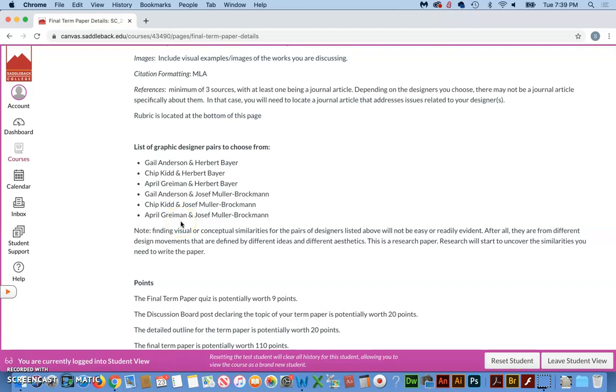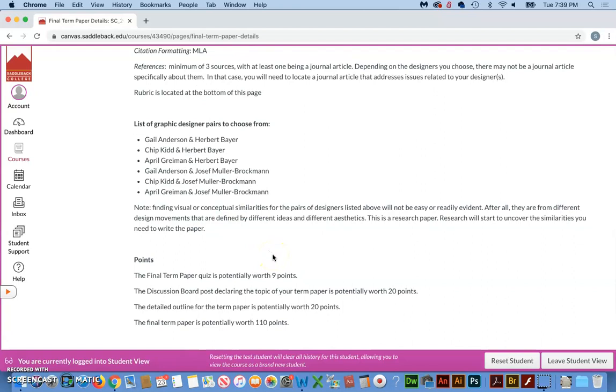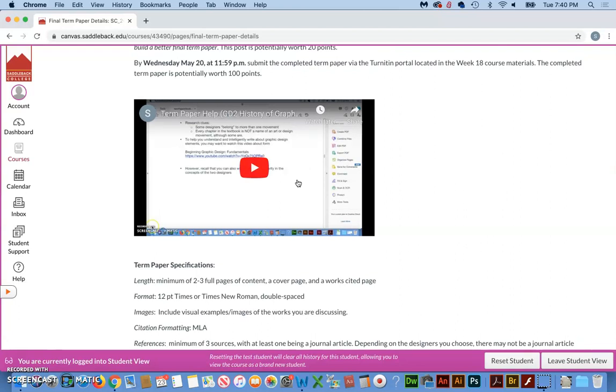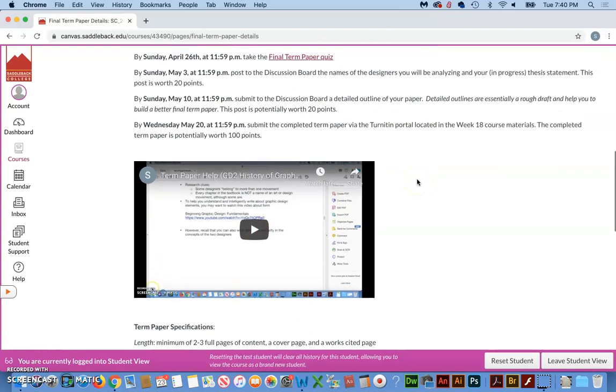Now, all you really have to worry about this week is getting the basics of the term paper, what a term paper is, and then I would pick your topic this week, but you don't have to present what your topic and your thesis is going to be until week number 6. So the important thing this week is that you read through all this, make sure you understand it. Email me with any questions right here through Canvas, but watch this video that's posted in here,